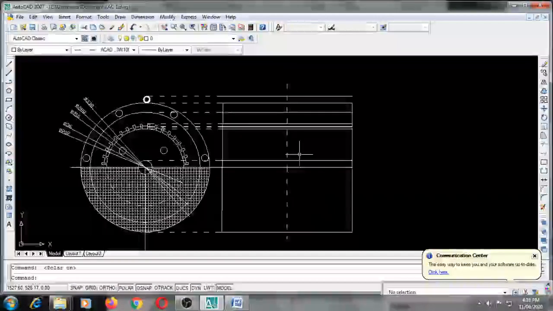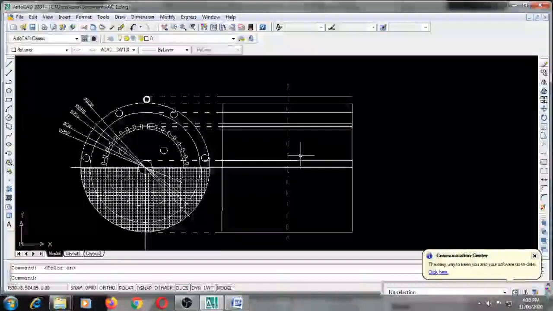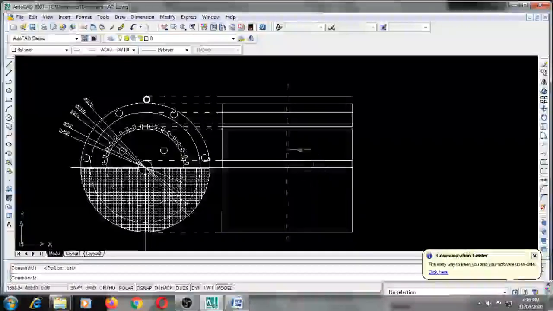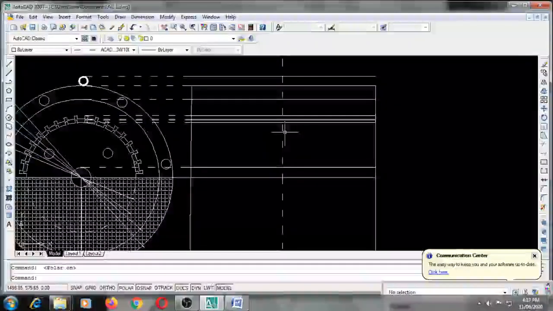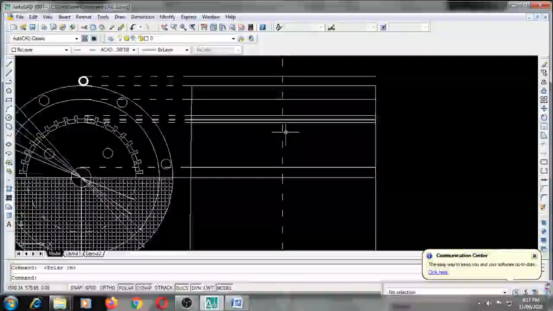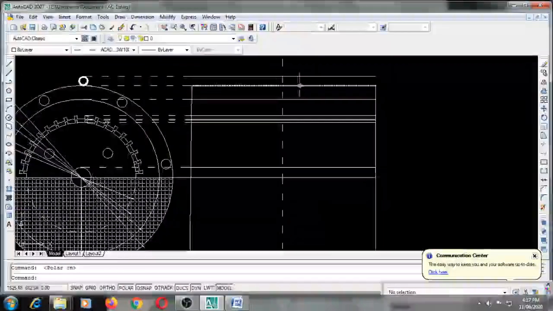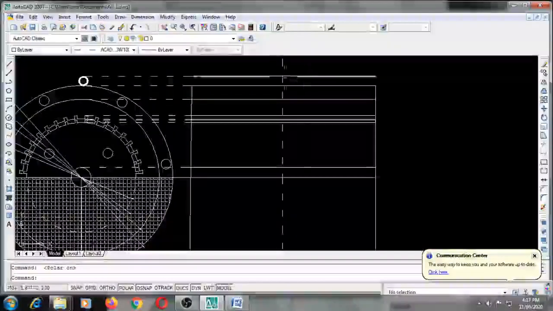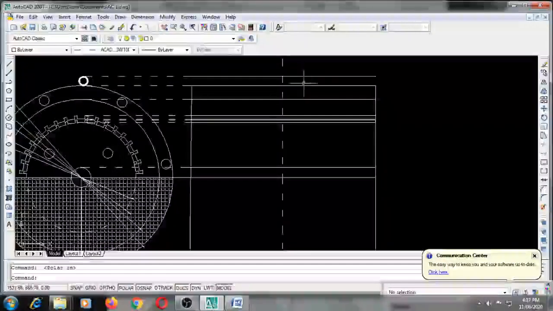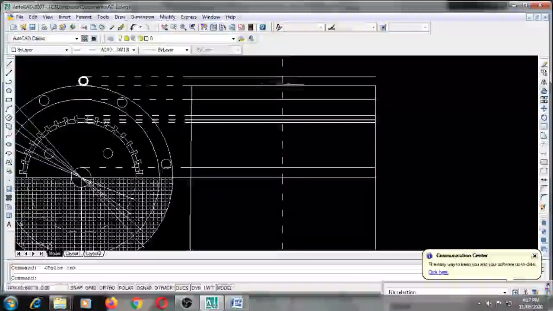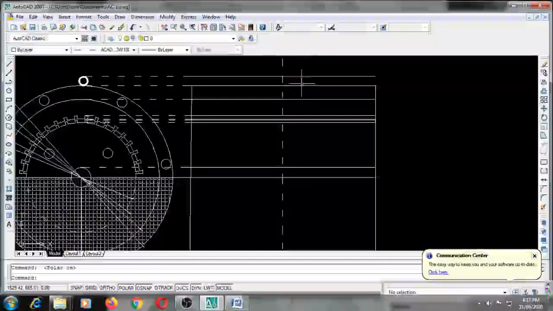So from this we need to draw the stator and rotor core. The length of the stator core is 10 centimeter. So take this center point as a reference, and let us have a 10 centimeter line from this center point. I'll take 5 centimeter here and 5 centimeter here. If you convert that into millimeter, it will be 50 millimeter here and 50 millimeter on the LHS side. So for that we just use an offset instruction and do it.